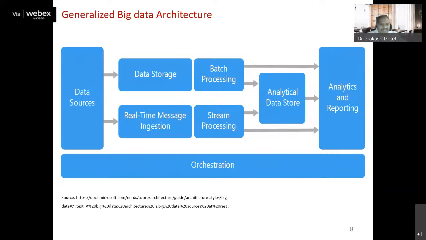Now you can see at the bottom there is an orchestration component. So orchestration will coordinate and configure various tasks. People who are familiar with streaming, like Kafka or Spark, especially Kafka streams, they use Zookeeper. So Zookeeper is essentially a kind of controlling and coordinating system which will look at every node in the cluster in the distributed environment. Having discussed all these aspects,